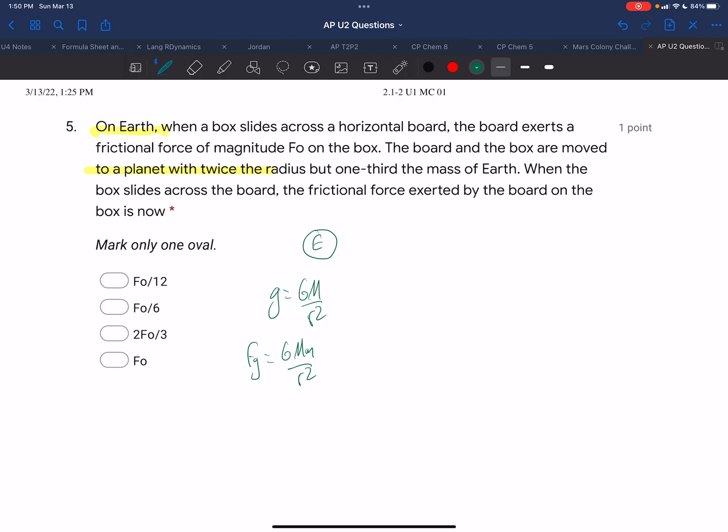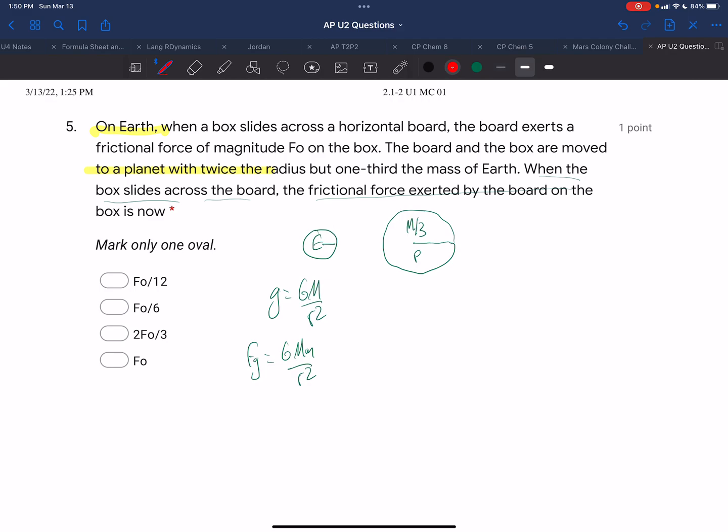And we go to the planet with twice the radius. So now this planet is going to have twice the radius, but 1/3 the mass. When the box slides across the board, the frictional force exerted by the board is now... So we're now asking